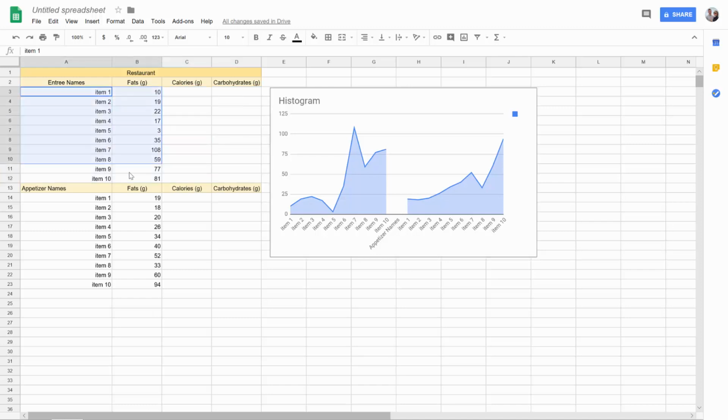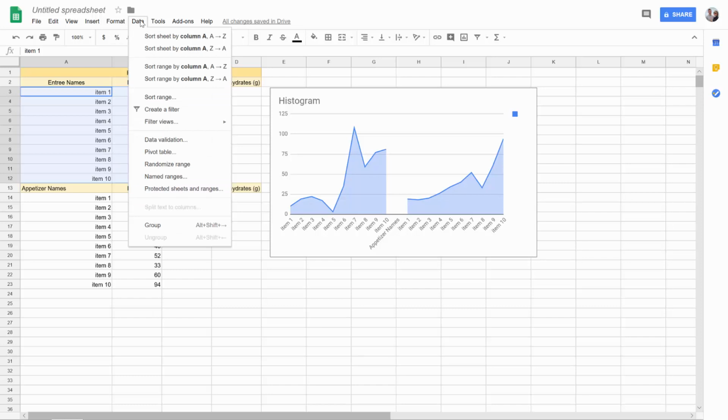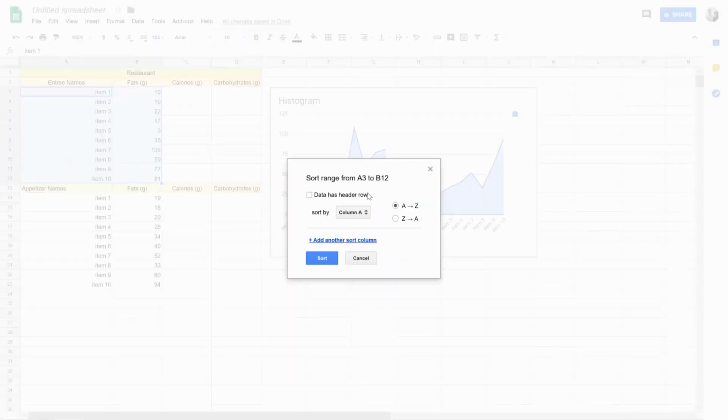So let me show you how to actually do this. You're going to select the area, you're going to go to Data, and you have Sort Range Options. I like to personally have a little bit more control over it, so I hit the Sort Range and then I specify what I want it to do. So you can sort by different columns. If I had selected A, B, C, and D, there would be more options here. So column A is the names. I don't want to sort by the names because that just keeps it alphabetical, like